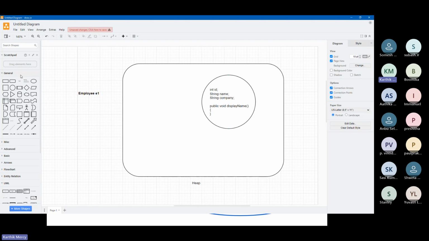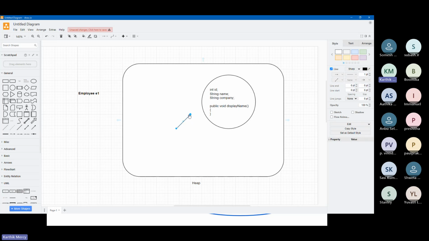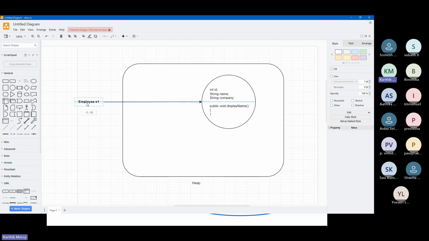Let me try to link both of them. There is this object employee, and this is getting linked with my object. That's it.